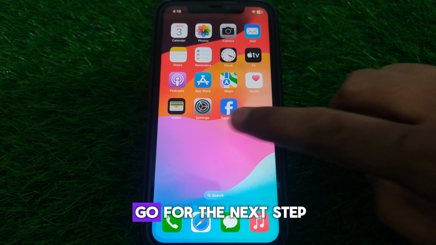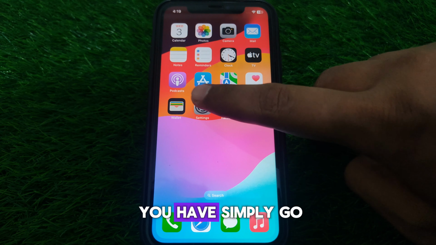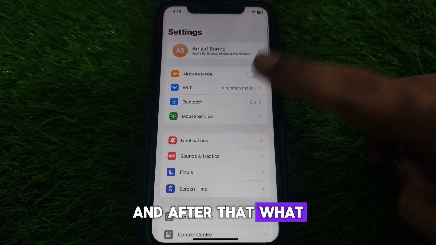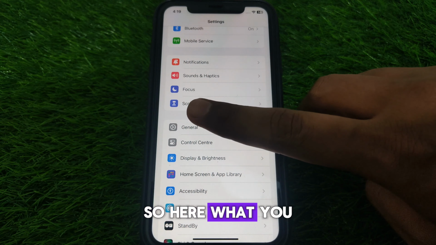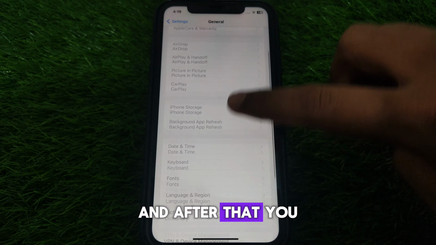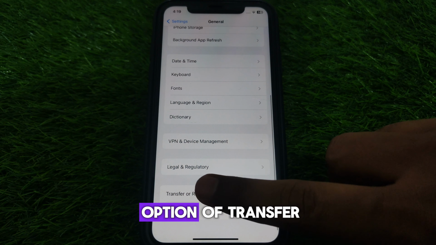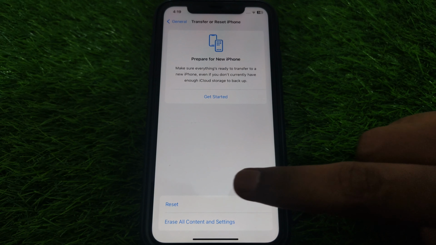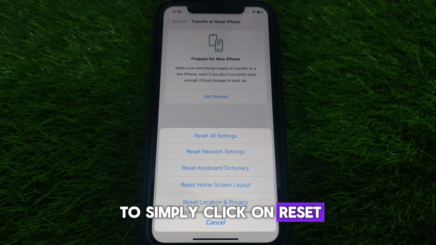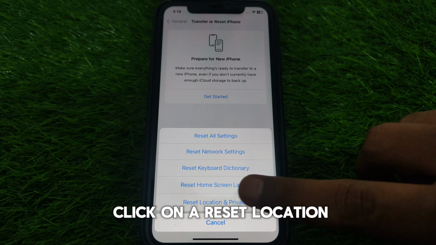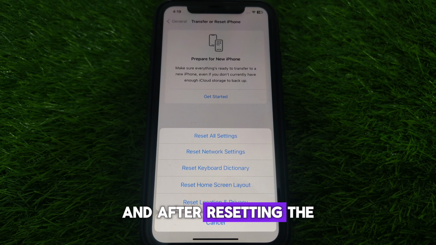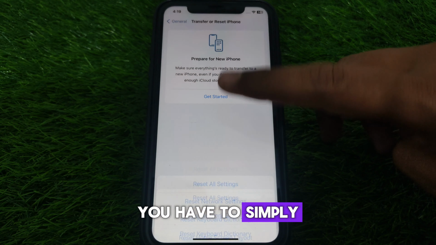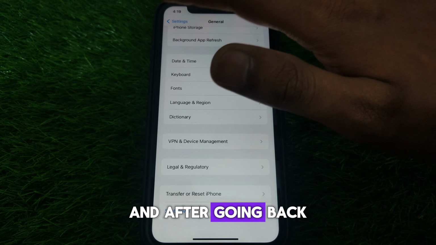you have to simply go for the next step. Go to Settings, and after that scroll down until you find the option of General. Click on that, and after that scroll down until you find the option of Transfer or Reset iPhone. After that, simply click on Reset, and here click on Reset Location & Privacy. And after resetting location and privacy, you have to simply go back,